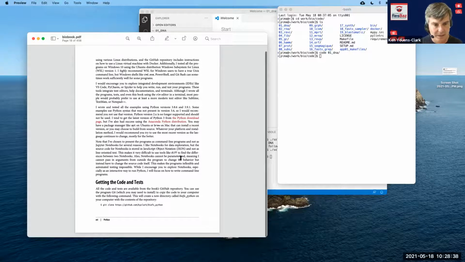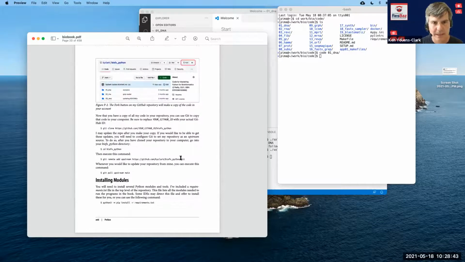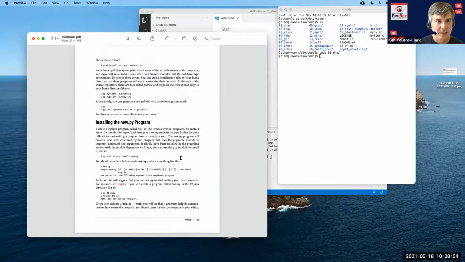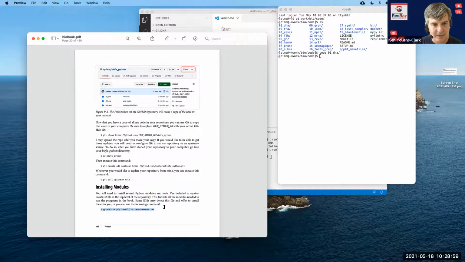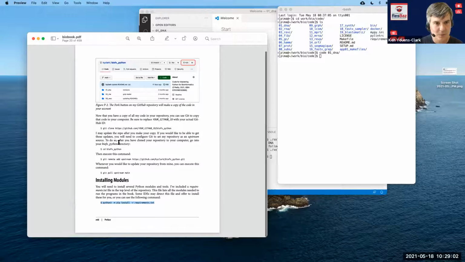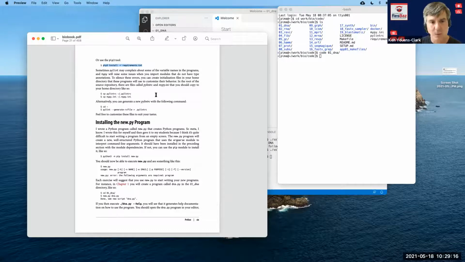I have some information here about using the command line and installing Python. It's very important. And then a little bit more about checking out the code with GitHub and how you can even fork the repository if you'd like to basically make a copy of the repository and work in it yourself, and a few other things there. Here's the bit about installing the modules that you'll need. There are a couple different ways that you can install them. I often use this incantation, but sometimes you might use pip3. It just depends, especially if you're on a Windows platform, that might be better. And some things here about these initialization files for PyLint and MyPy that could be important for later programs that we write.